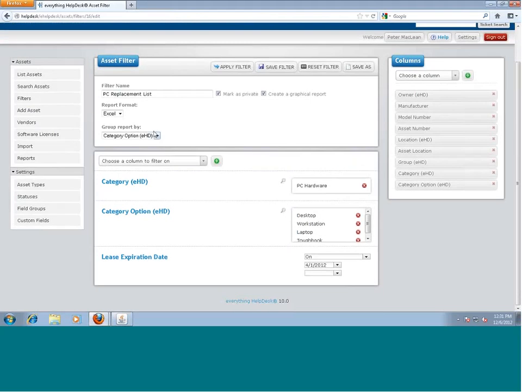So I've created a PC replacement list, and I want it in Excel format so that I can manipulate it. And I want to group it by category option. So the category is PC hardware, and I want everything in the category option hardware with desktop, workstation, laptop, and toughbooks, which is what all of our options are. And the lease expiry date, I want to turn that on, a particular date, which is this year. So then if I apply the filter,